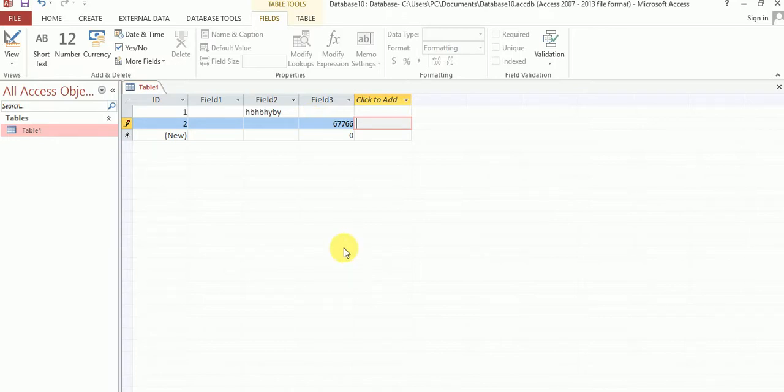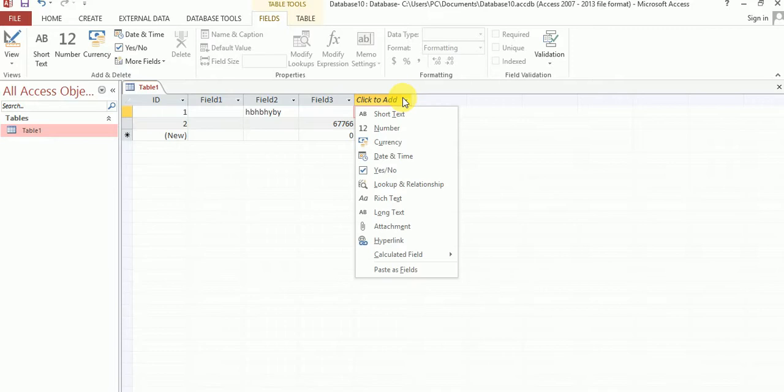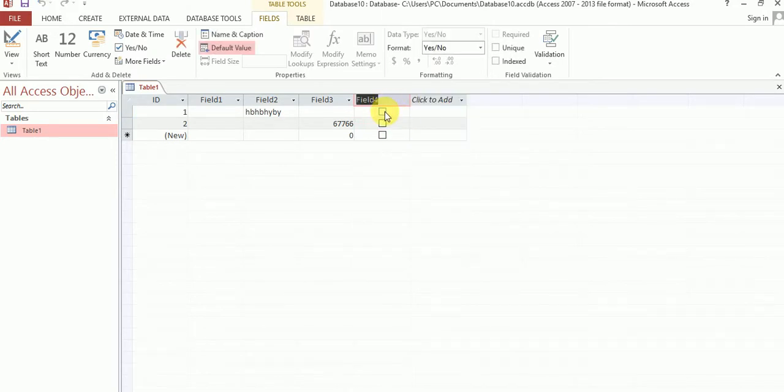Whichever type you want to select for your column, suppose again I want to select a yes or no record. You can see it is automatically recorded. This is called a record.